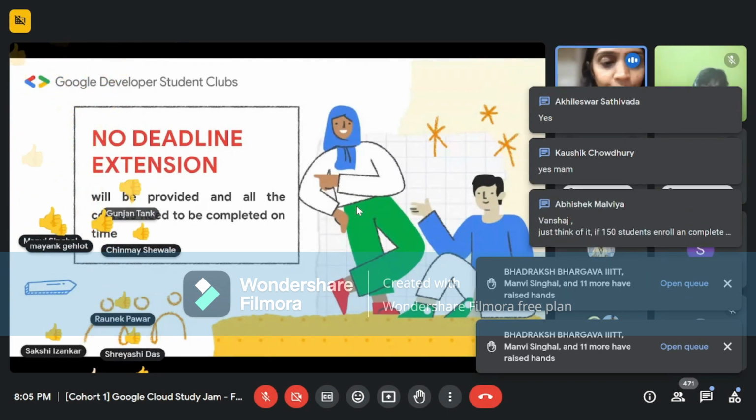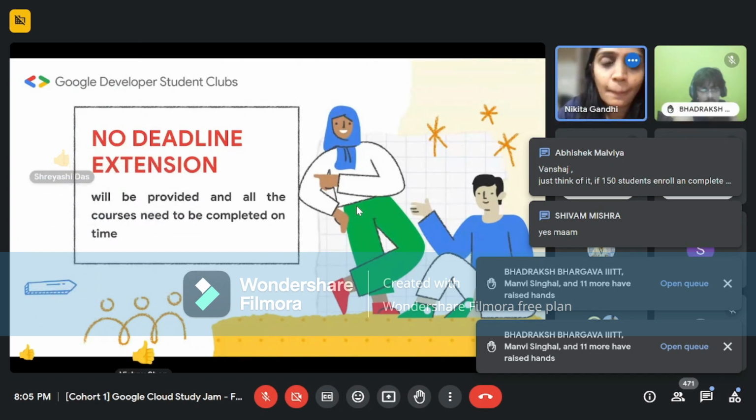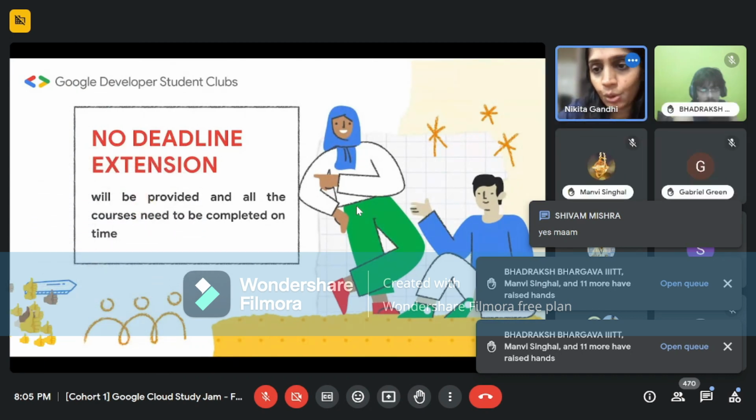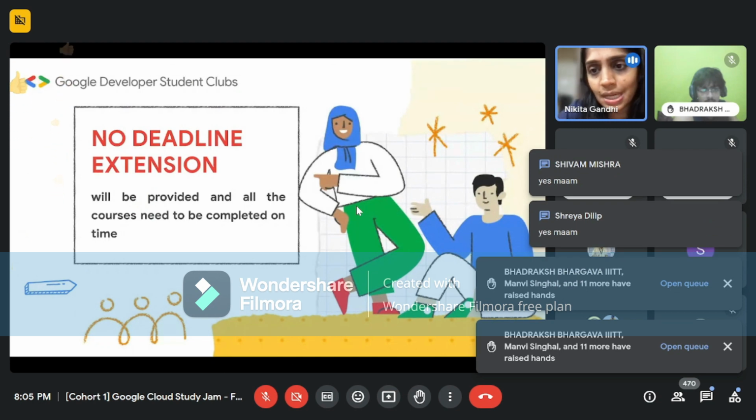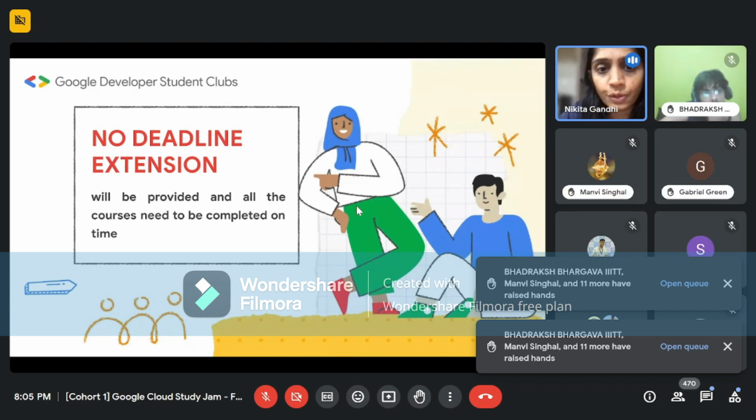You may have exams, you may have a lot of ongoing priorities, but the deadline remains the same, because right after cohort 1 is done, we will be starting with cohort 2, and we have limited capacity and access to the Google Cloud Skill Boost platform, because of which